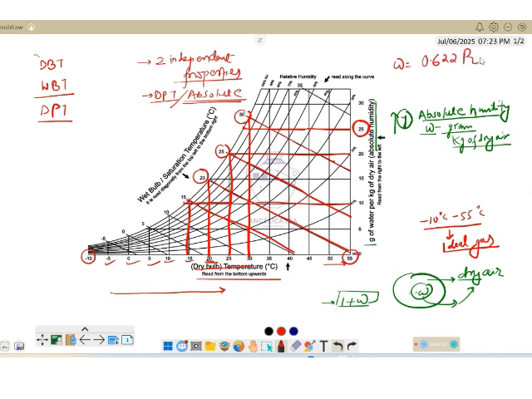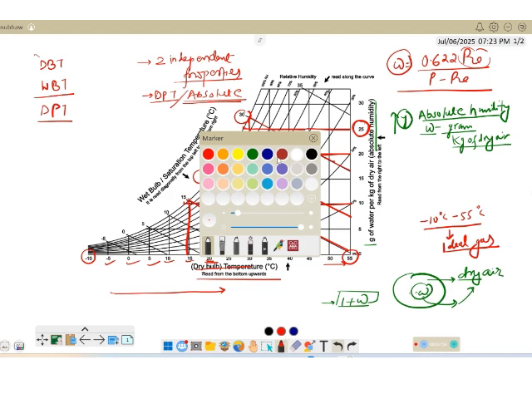omega equals 0.622 PV upon P minus PV. Therefore, if PV remains constant, omega will remain constant. So with omega remaining constant, the line where it cuts the saturation point is called the dew point temperature line. Now, from this we can clearly bring out